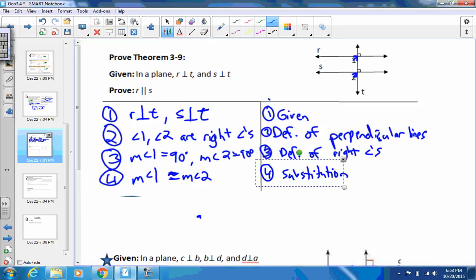If those angle measures are equal, we can then say, and this step I don't think you necessarily need, but angle 1 is congruent to angle 2. And that's just from the definition of congruence. You don't necessarily need that one. I'm putting it in here. And since those are congruent,